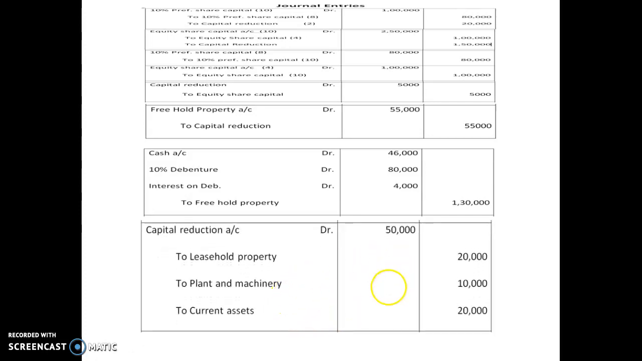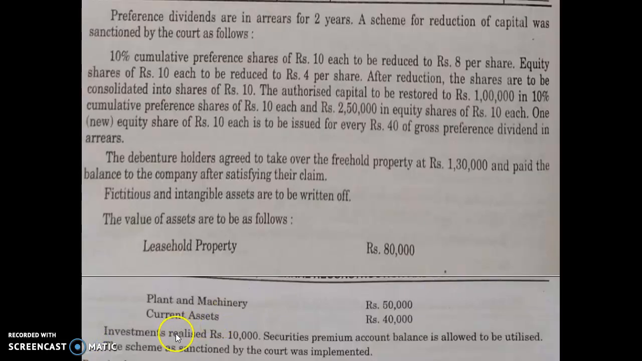Capital reduction account debit 50,000 to leasehold property 20,000, because leasehold property reduced by 20,000, plant and machinery 10,000, and current assets 10,000. Then it is regarding the realization of investment. Investments realized rupees 10,000. So the entries will be,